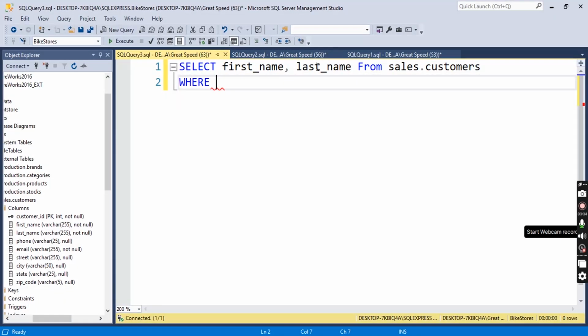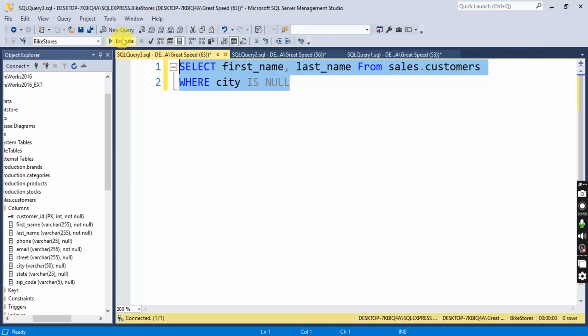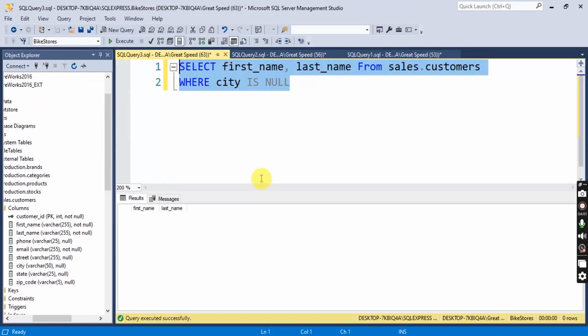Where, let's go with city is null. So we are trying to find out in our database where city is null. I'll go ahead and execute this, and it returned nothing for me, meaning all my cities have